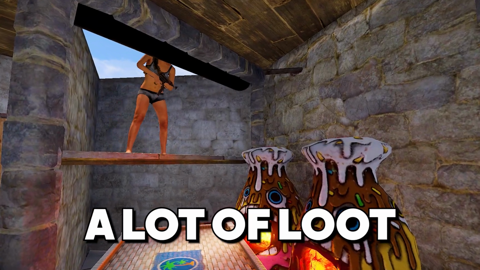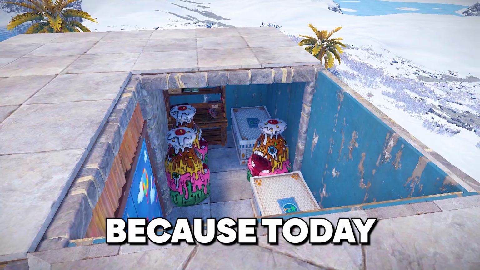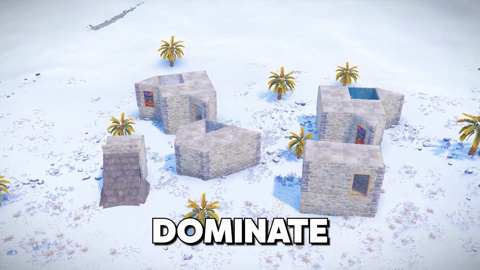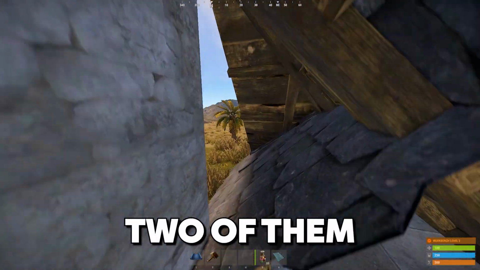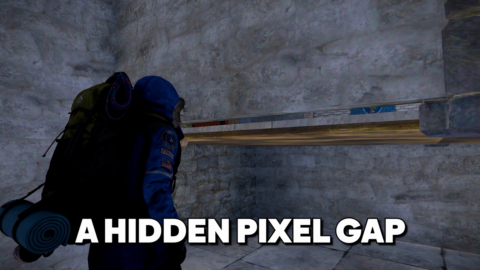Want to get a lot of loot without doing anything? Then you've come to the right place. Because today I'm gonna show you 5 trap bases in Rust that will help you dominate on the server. Each trap will have a unique feature. 2 of them can work without gun traps, and the last base will have a hidden pixel gap in the